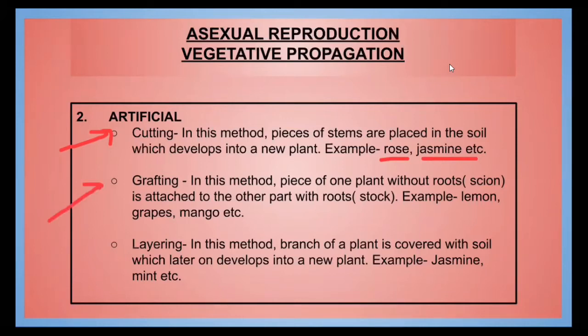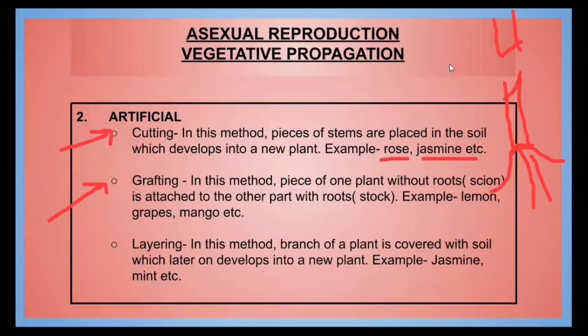Then comes grafting. In grafting, there are two parts. A part of the stem in which there are roots, and another is simply a part of the stem. Both of these are joined together and then tied with a piece of thread. You will find after some time these will join and a new plant will grow from it.